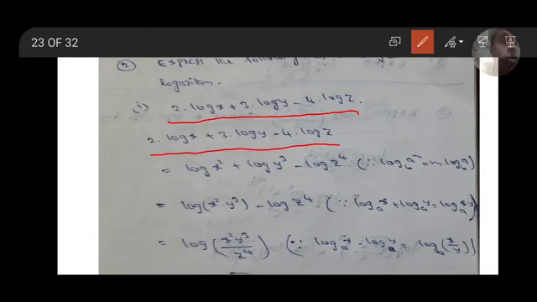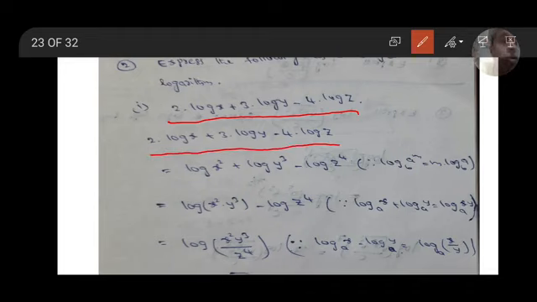2 into log of a plus b plus log of a minus b minus log of a square minus b square. So by using the same properties, here 2 is there, so it will come as a power, log of a plus b whole square. Remaining two terms are same, log a minus b minus log a square minus b square. Only for the first term the coefficient comes as a power. Next, here sum of two logarithms, therefore it will come as a product, log of a plus b whole square into a minus b minus log a square minus b square.